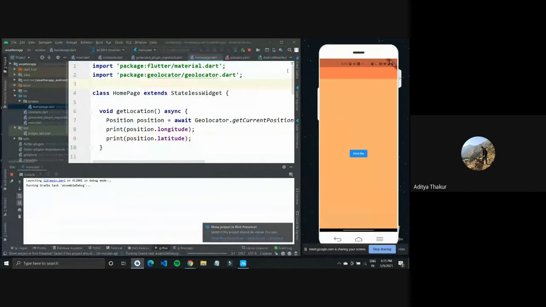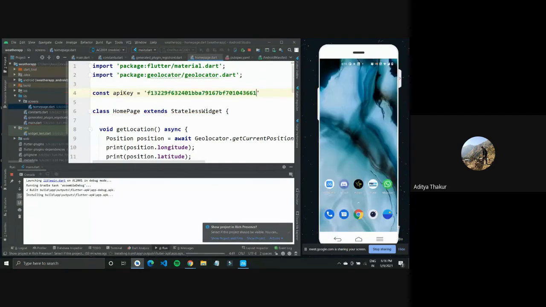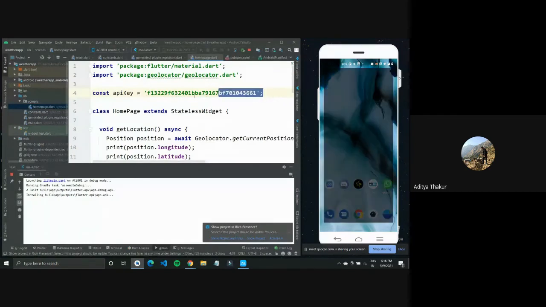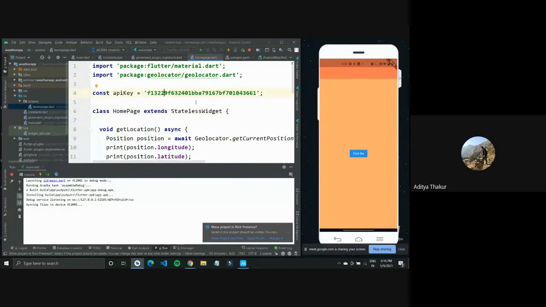Inside my homepage, I'll go to the top and type in const API key. So I'm defining a new variable called API key, which would remain constant, and I'll give it a string value. You can do that while our application loads up. So you can create a new account and save the API key to your application.